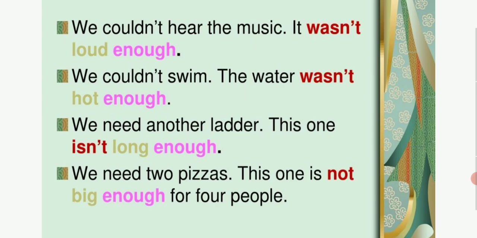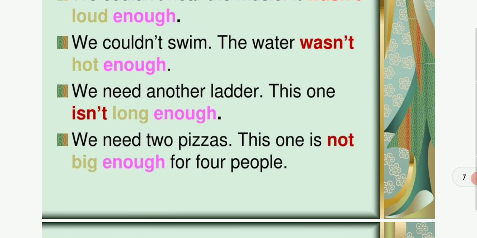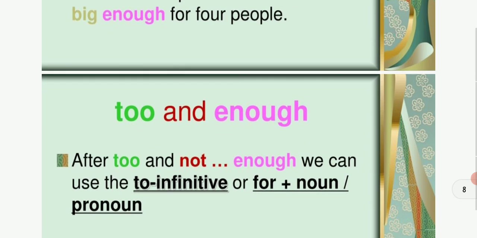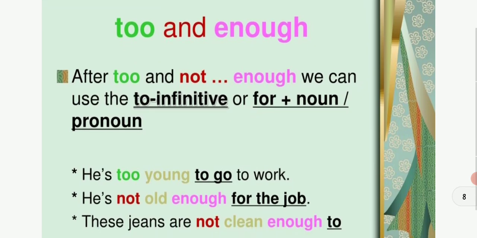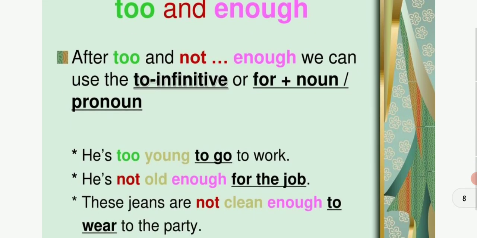This one isn't big enough for 4 people. Here we used "not" and "enough", and in the middle of them we used "big". Big here is an adjective, because we describe it for 4 people. So we use an adjective or adverb in the middle between "not" and "enough". So let's see here "too" and "enough". After "too" and "not enough", we can use 3 things: to plus infinitive, or for plus